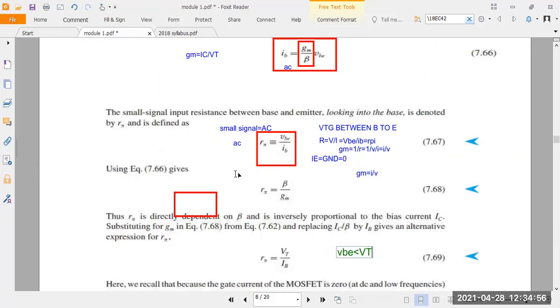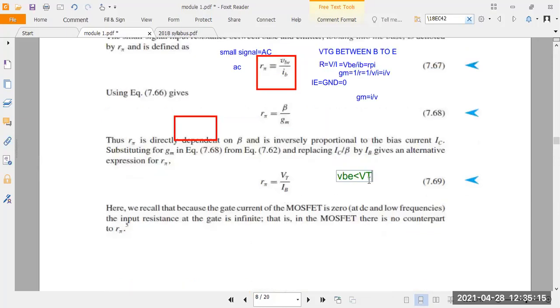After that, find out the resistance across the base side, that is VB divided by IB. You take according to Ohm's law here. R is equal to what here? V by I. Same thing is written, the base voltage divided by IB. Next, you can write R pi is equal to beta divided by gm. When VB is smaller than the thermal voltage, we can write R pi as VT divided by IB.